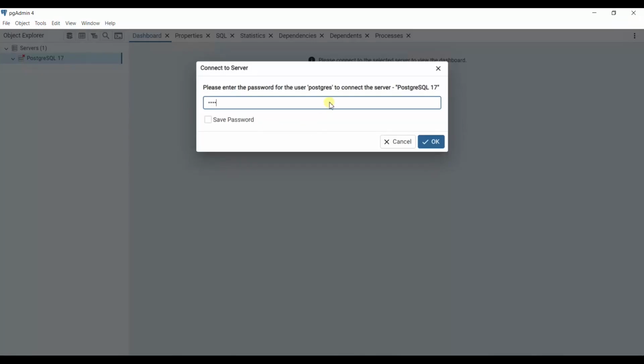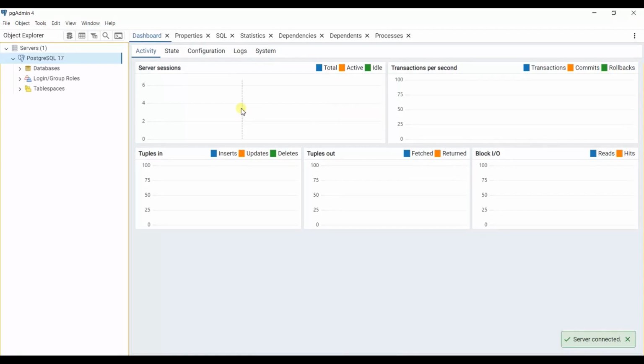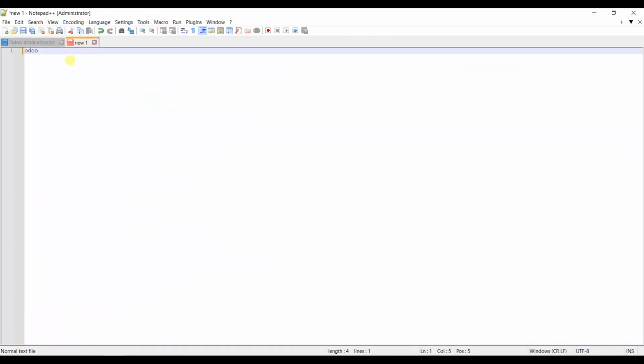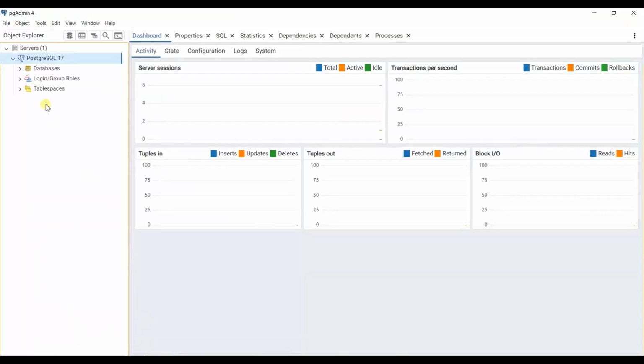Type the password that we saved during the installation of Postgres. What was that? It was Odoo. Okay. So